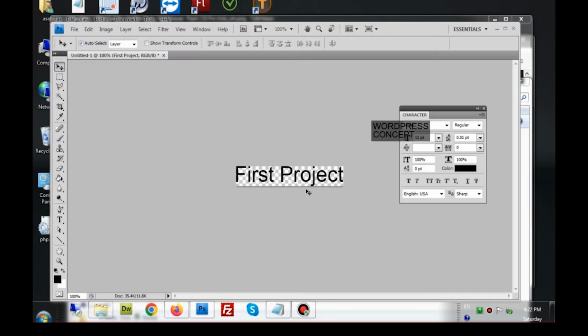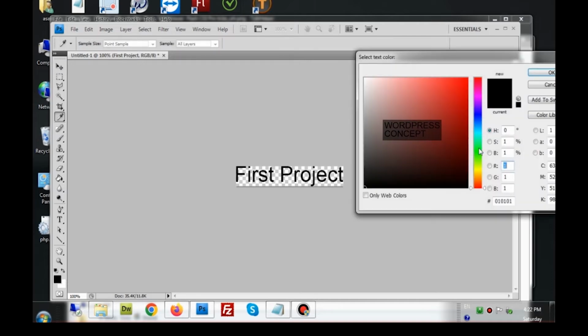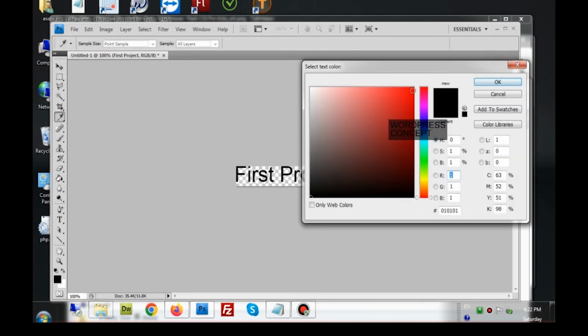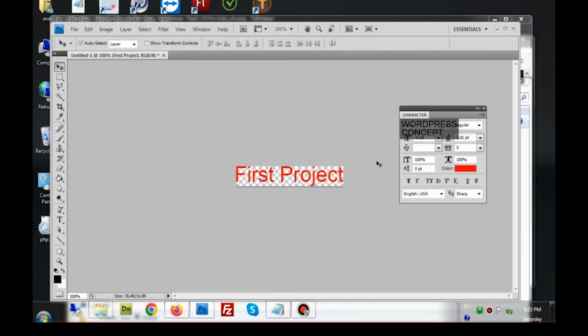Now the next thing I need to do is change the color of this text. So I'll click here. One important thing that you need to know at this point is, if this toolbar is not showing, how to show it or how to hide it.